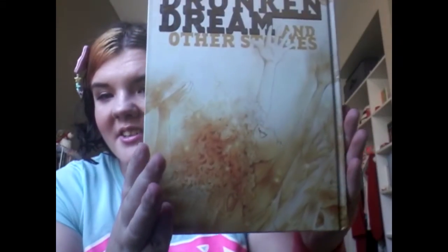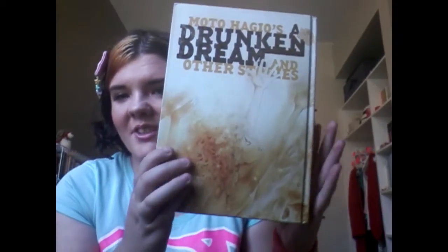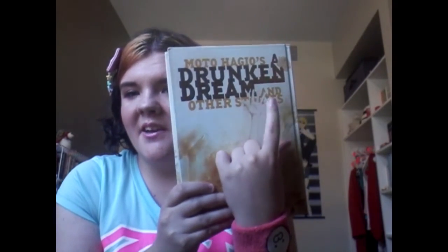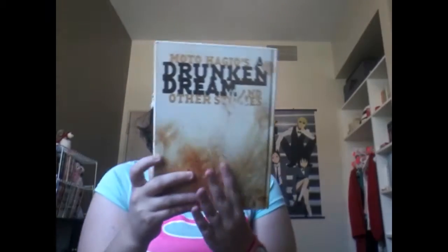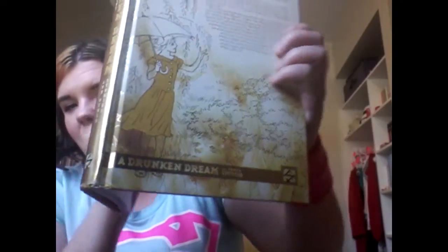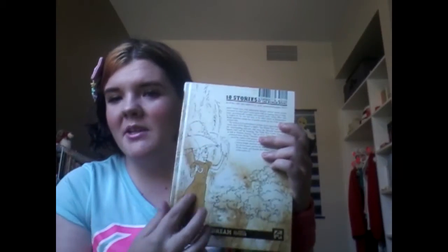But I love this illustration. It's beautiful. Again, the lighting is just ethereal and gorgeous. I love the hand coming up to cover stories. I like that it's a wraparound. The illustration does continue on the back, and is superimposed with this sort of foiled image of one of the